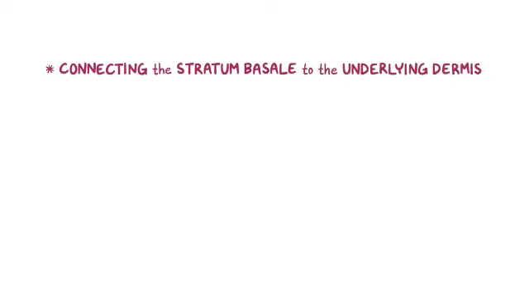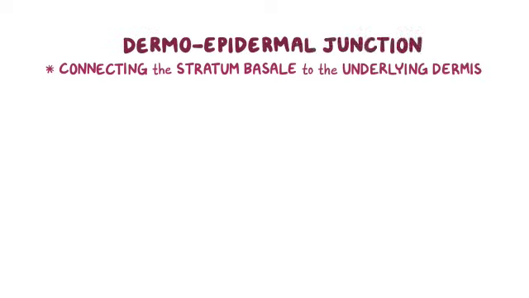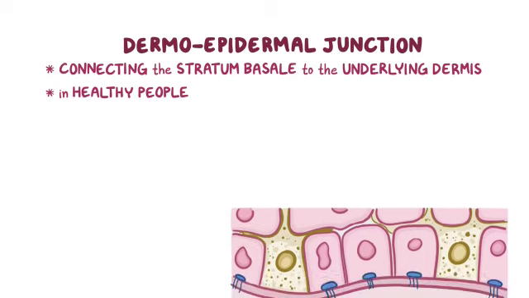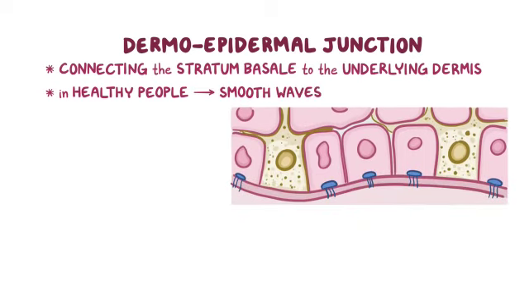Now, the part of the skin connecting the stratum basale of the epidermis to the underlying dermis is called the dermoepidermal junction. In healthy people, this junction looks like smooth waves between the epidermis and the dermis. But if you look